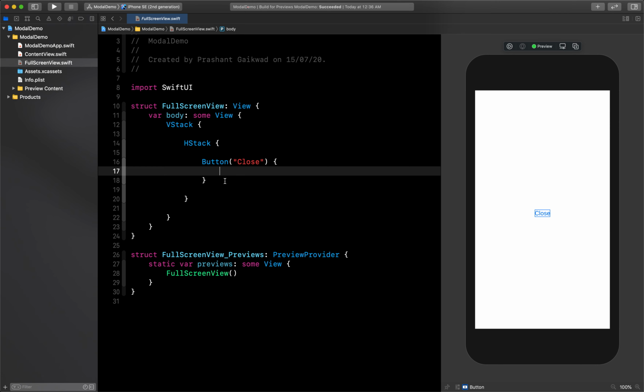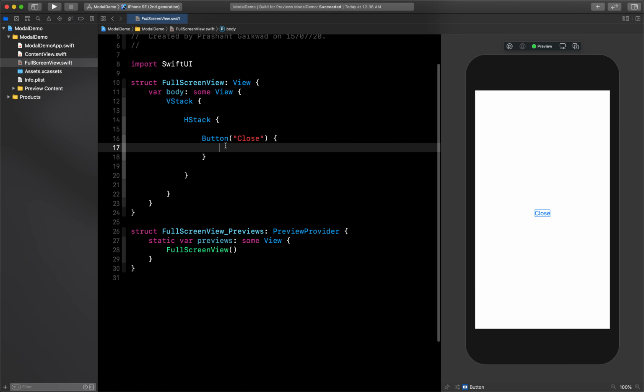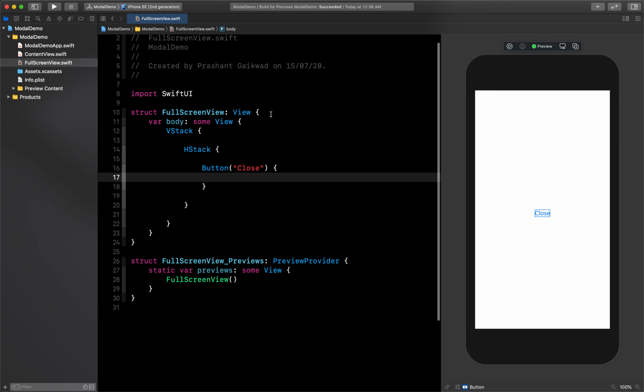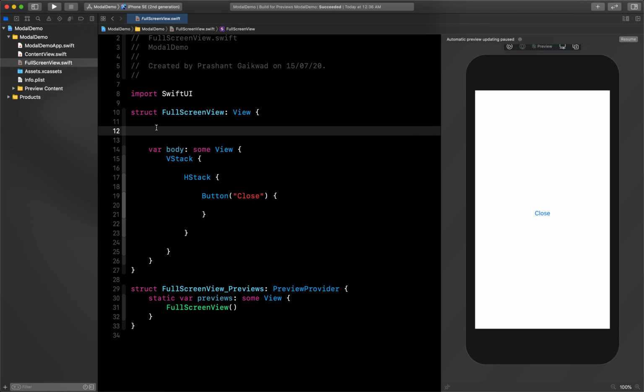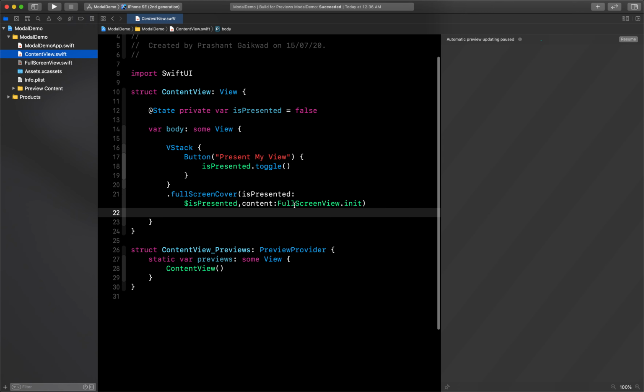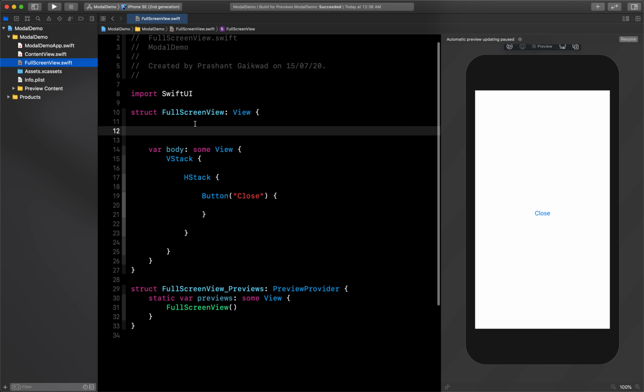Then for this button I need to give a frame and some background also, but before doing that let me add an environment variable. Whenever I say isPresented is true, I am sending this value there, and then I need to make it false so that the view gets closed. But to use this value there I need to accept it here.